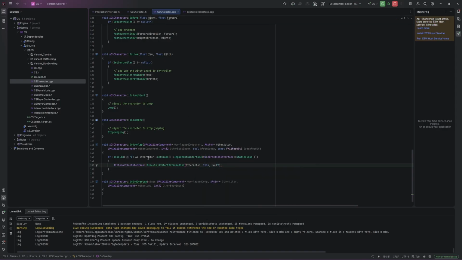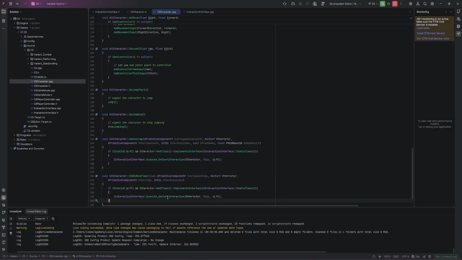So basically it's checking if the other character that's been hit implements the interface, the U interaction interface, and then we're calling the execute on the start interaction, which will be in the actor we are overlapping with, so it'll be our checkpoint. So we can copy and paste this code, just need to change it a tiny bit, and then just here